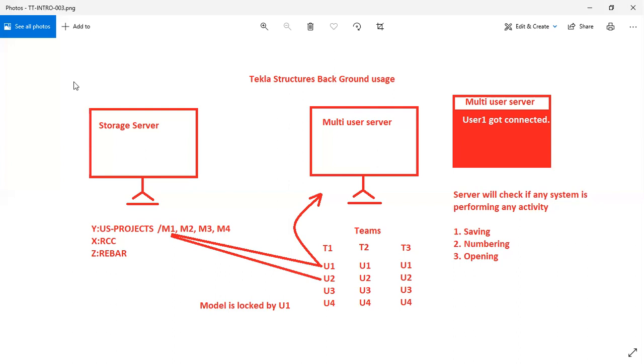On your monitor screen you can see certain things happening: you are creating a beam, creating a column, saving the model, modifying connections. All those activities you perform on your screen, but there is a process going on in the background, like your data being saved in some location. That is very important for you to understand, which is why I have added this topic here in our introduction.